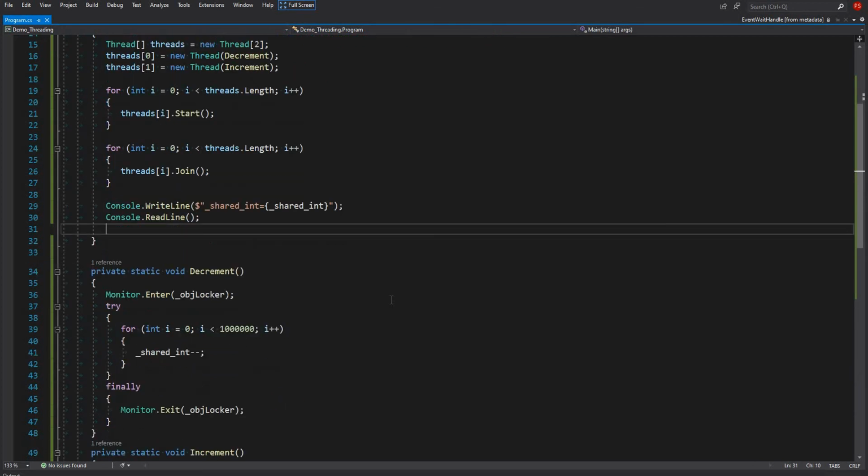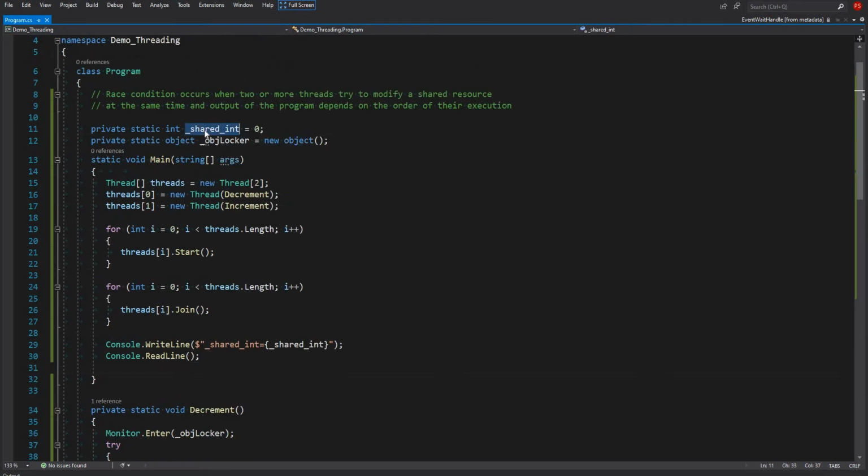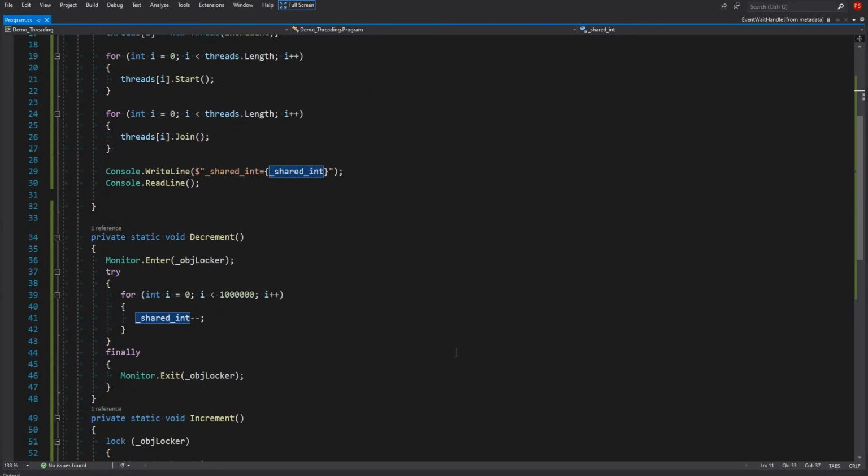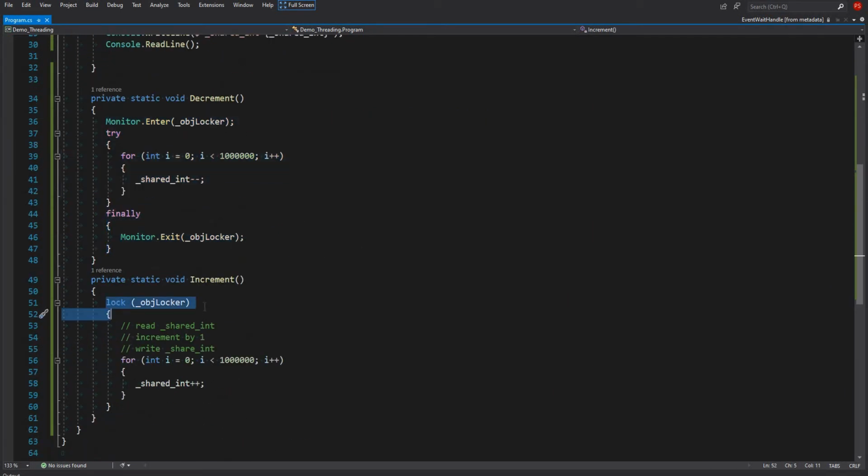And then next, how can we protect our shared resource? By using the lock construct, which is a monitor. This is similar, but when we use lock or all these other constructs, it actually has a cost, because you have to create an object locker, and then you have to lock your resources.